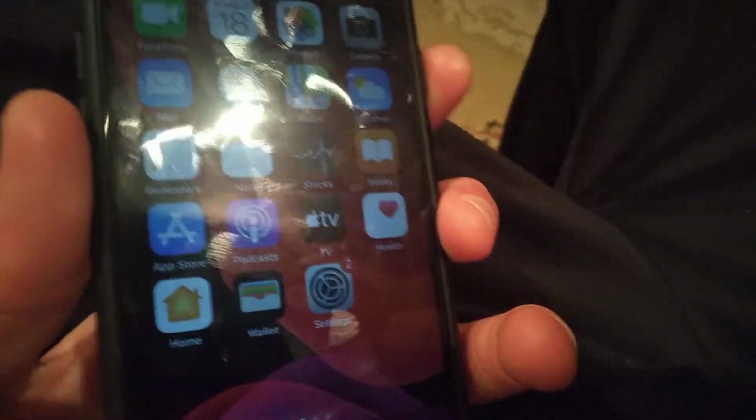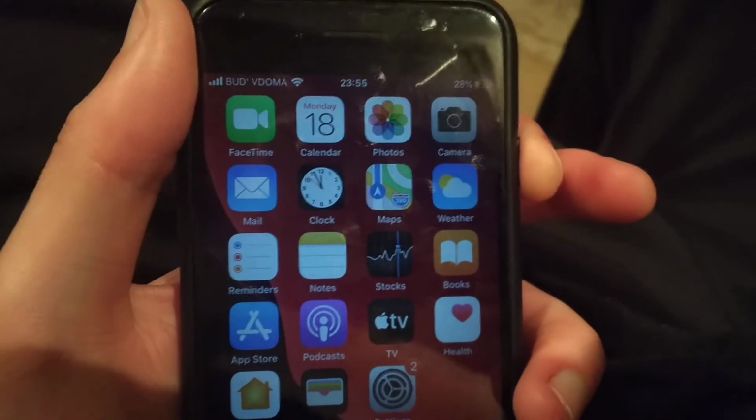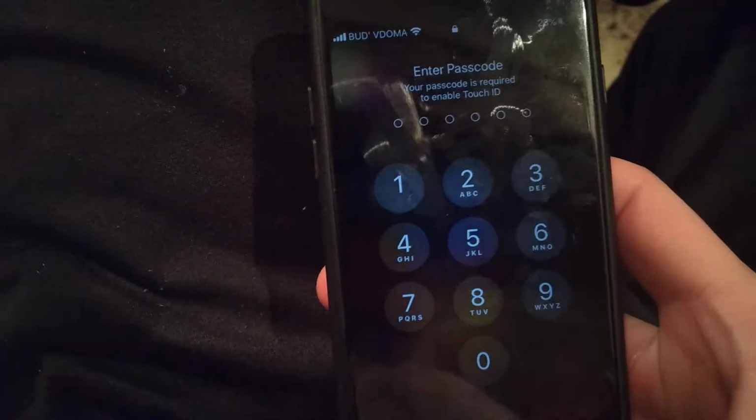It's to turn off your device. So just click on power and just wait some time until you will see slide to power off. So just slide to power off and it will turn off your device. So after you do it, you just need to